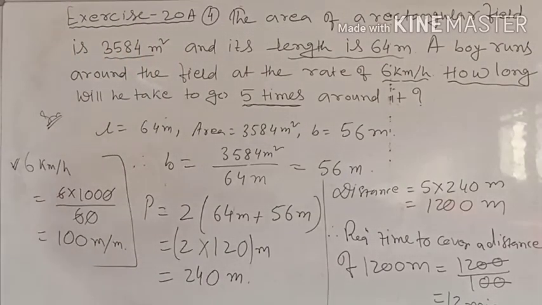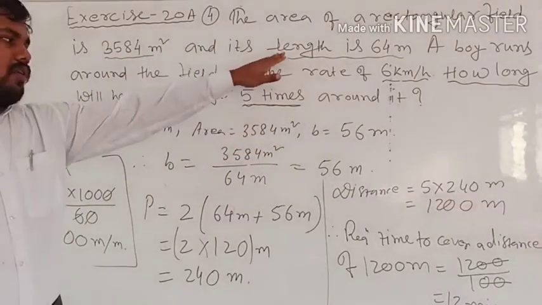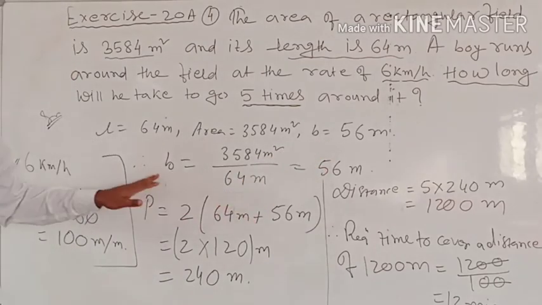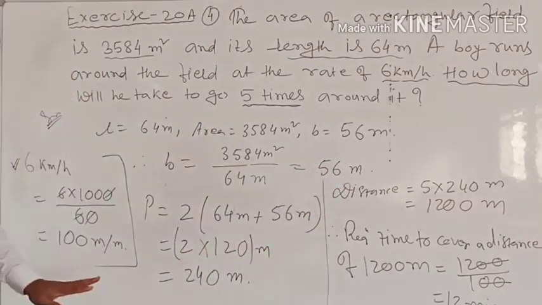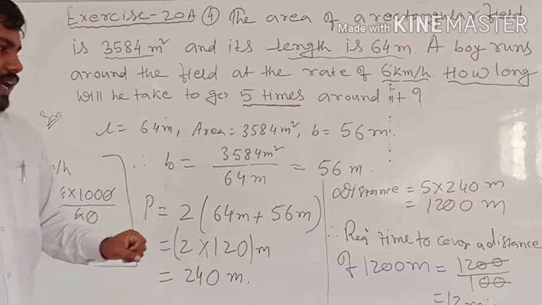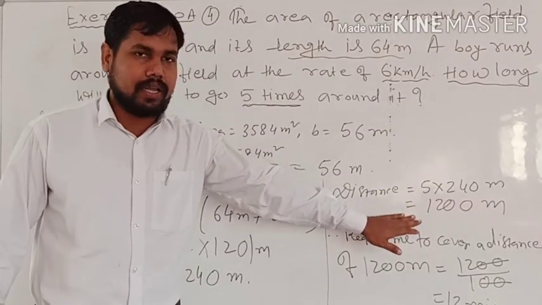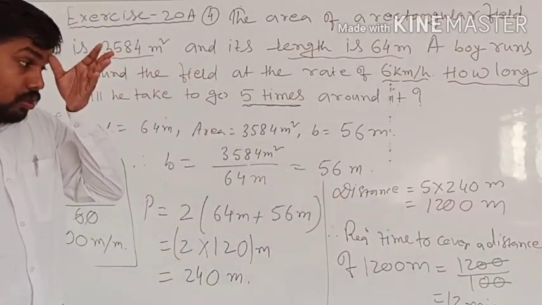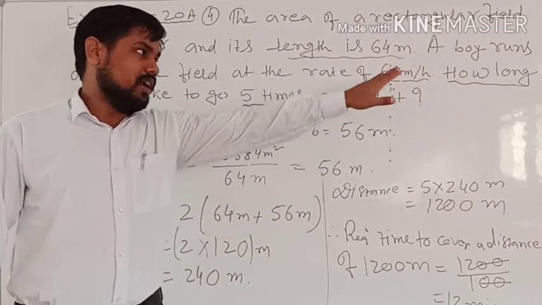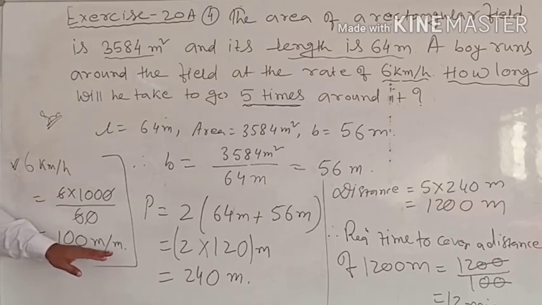Very easily आपको क्वेश्चन सबसे पहले समझना जरूरी है। क्वेश्चन ये पूछ रहा है कि द एरिया ऑफ ए रेक्टेंगुलर फील्ड इज गिवन। सो एरिया हमारा दिया हुआ है, लेंथ भी दिया हुआ है और ब्रेड्थ निकालना है पहले। सबसे पहले हम लोग ने ब्रेड्थ निकाल लिया। यहाँ तक आप लोगों को समझ में आ ही गया होगा बहुत वेरी इजीली। अब लेंथ और ब्रेड्थ के बाद हमें पैरामीटर निकालना होगा, तो पैरामीटर भी समझ में आ गया होगा। बेसिक चीज यहाँ पे है कि अगर एक रेक्टेंगुलर फील्ड का पैरामीटर इतना है तो 5 टाइम्स में वो इतना ट्रेवल करेगा। ठीक है, 5 टाइम्स में अगर इतना ट्रेवल करता है तो वो जो है यहाँ पे 6 किलोमीटर पर आवर में है, तो सबसे पहले किलोमीटर पर आवर को मीटर पर मिनट में हम कन्वर्ट करेंगे। तो 1 मिनट मतलब वो 100 मीटर ट्रेवल जर्नी कर रहा है, 100 मीटर वॉक कर रहा है 1 मिनट में।